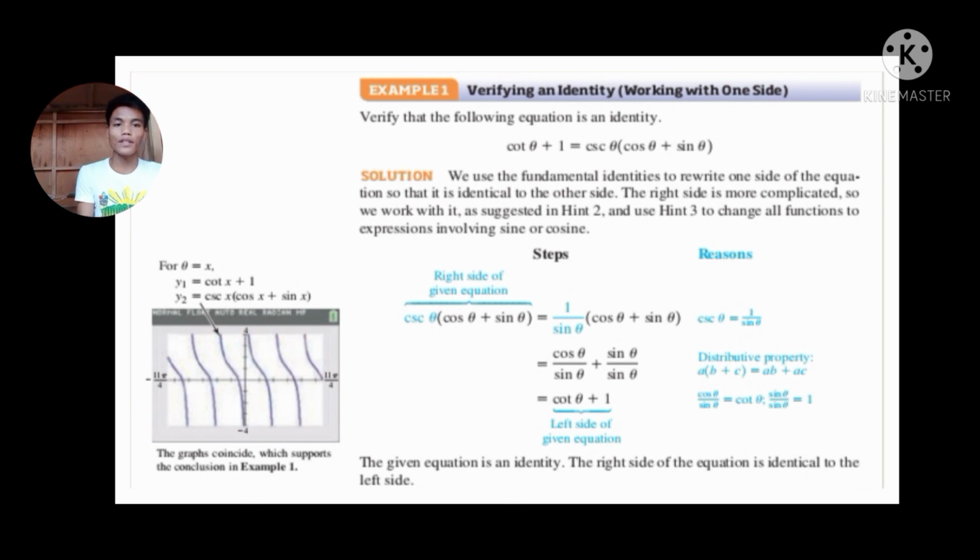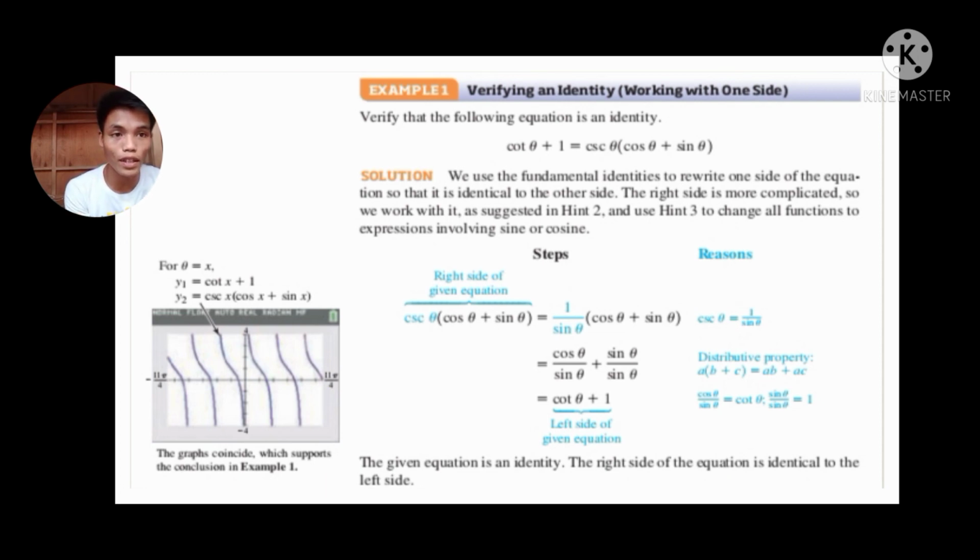So here are the steps. The right side of the given equation, cosine theta, this is the right side of the given equation. Cosine theta multiplied by cosecant theta multiplied by cosine theta plus sine theta is equal to 1 over sine theta multiplied by cosine theta plus sine theta, which is equal to cosine theta over sine theta plus sine